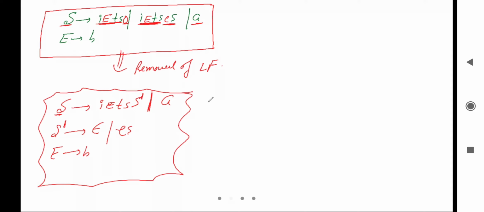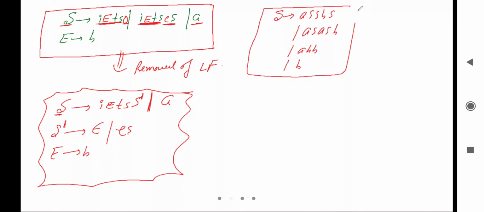Next one. So the next example for left factoring is the last example. After that, left factoring is over. So here it is: S goes to a S S b S, or it can be a S b, or it can be a b b, or it can be b. Okay, this is the grammar given.